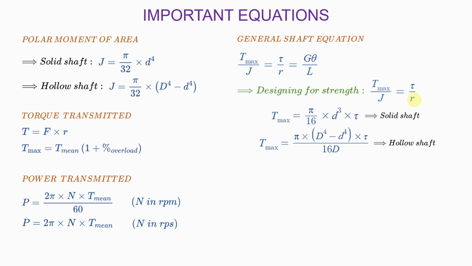But what I want to remind you of again is that R that you see here is the outer radius, because when you're dealing with a hollow shaft, you may begin to wonder, what is R here? Is it supposed to be the inner radius or the outer radius? When you're dealing with a hollow shaft, R is the outer radius. When you're dealing with a solid shaft, of course, there is no need to worry, because you only have one radius. But with a hollow shaft, this R that you have here is the outer radius. Remember that. Very important. And then when we're designing for rigidity, this is the quality that